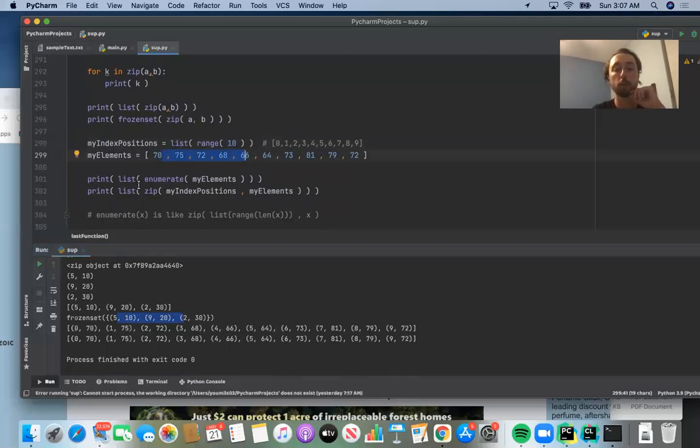And so what we're going to do is we're going to say print list of enumerate of my elements, because we said basically the enumerate generator yields tuples, right? So this will be a list with the tuples in it. So at index position 0, we have 70. At index position 1, we have 75. At index position 2, we have 72, and so forth, right? We talked in lesson 24, I think, about the enumerate generator. So maybe I'll include a link to that video in the description for this video, just so that you can go